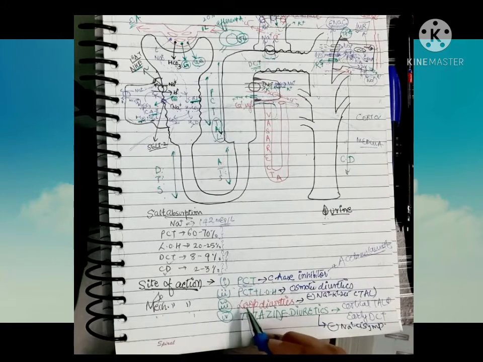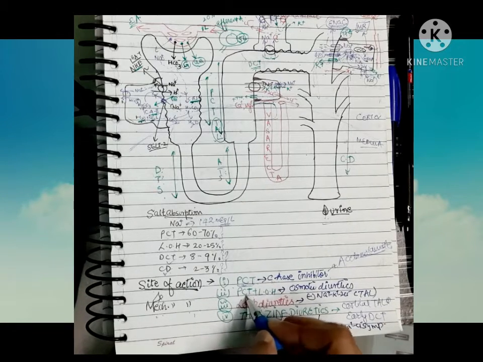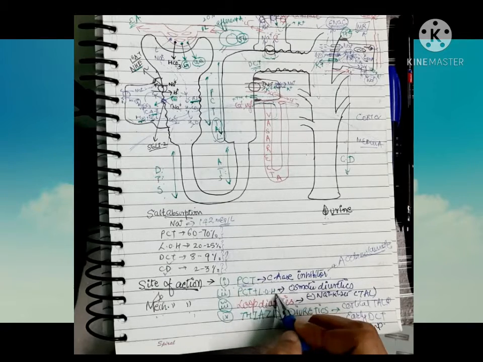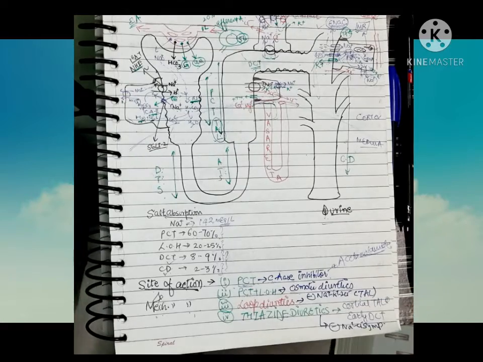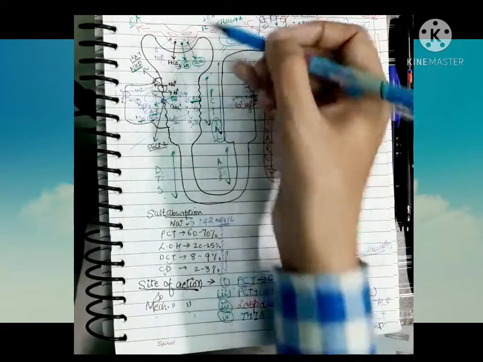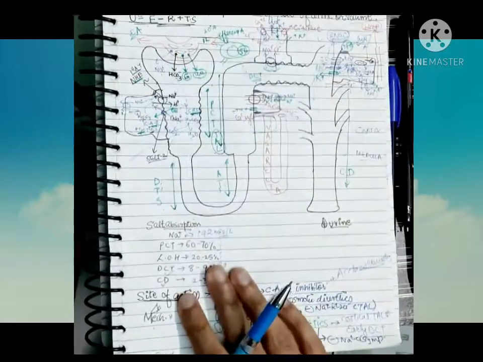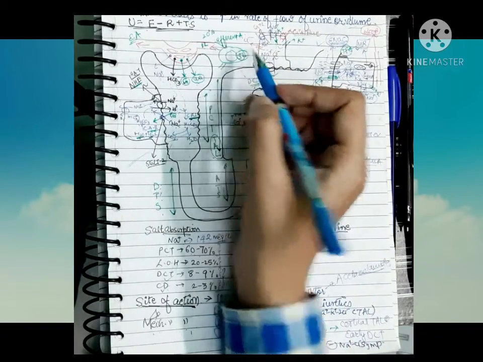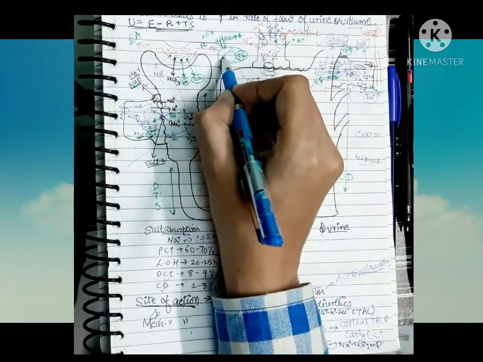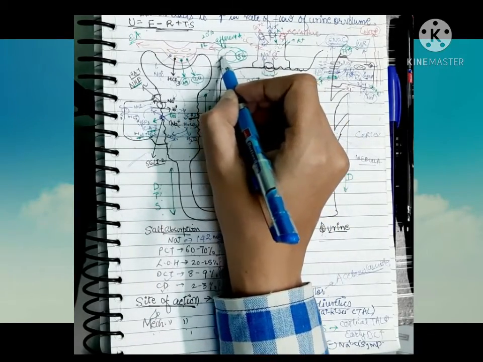And then another diuretic, which I have not talked about yet, acts at the level of the PCT as well as the loop of Henle, and is called osmotic diuretic. What does the osmotic diuretic do? First I have to talk about this. Let us suppose this is our circulation, the green part. Let us suppose we inject a substance named mannitol.